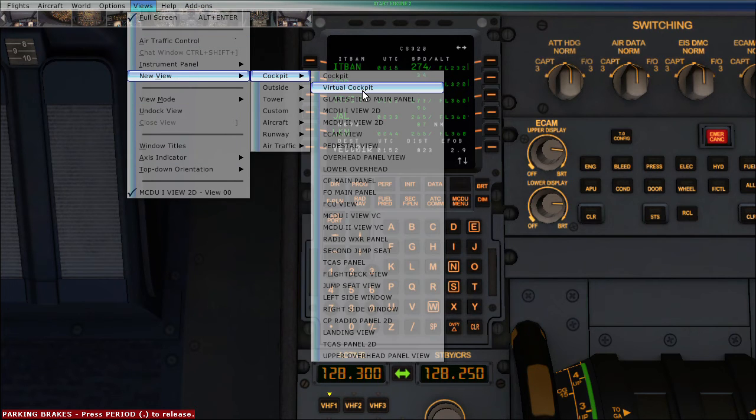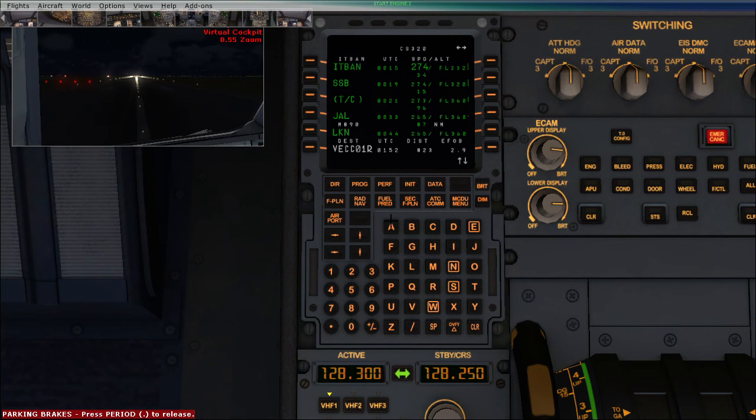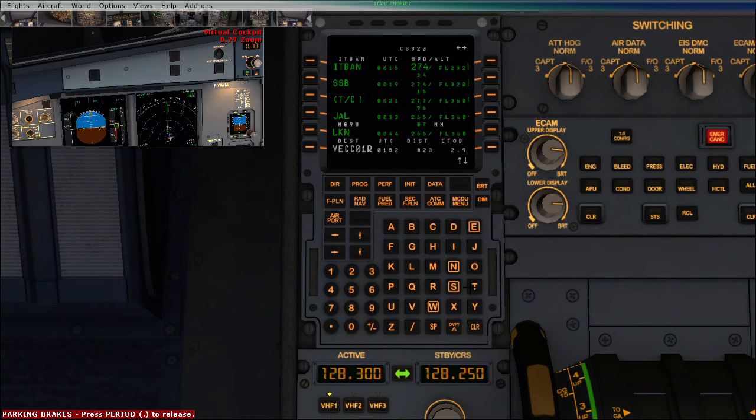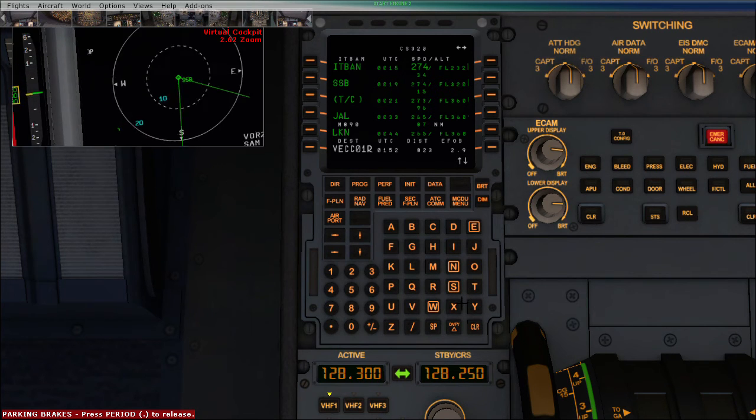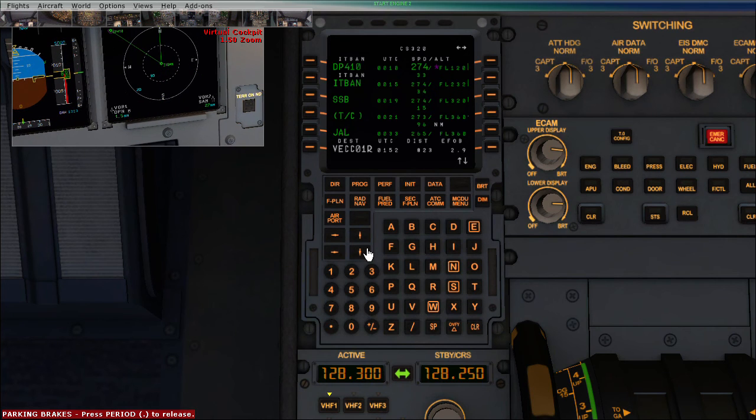Let me show you this thing. New view, cockpit, virtual cockpit. Yeah, so if I show you this field, you can see over here. Okay, from Itban actually, I have to go direct straight to north, and then I have to go for Jail, and then I have to go for LKN.